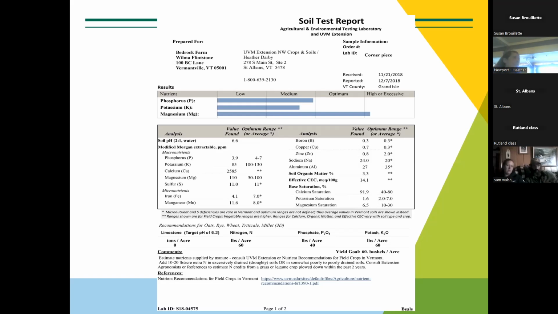If you have a field that's light textured, super sandy, haven't had manure there in a really long time or ever, you're growing certain crops there that are really sensitive to micronutrients, and these levels don't look quite right to you, then yes, we should definitely think about figuring out how to get some of these micronutrients onto